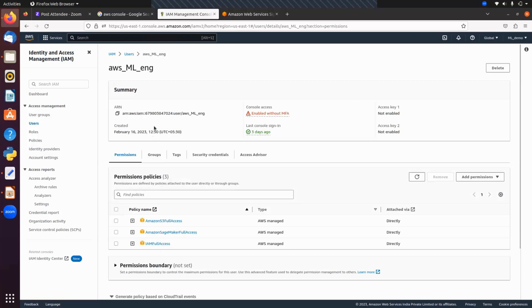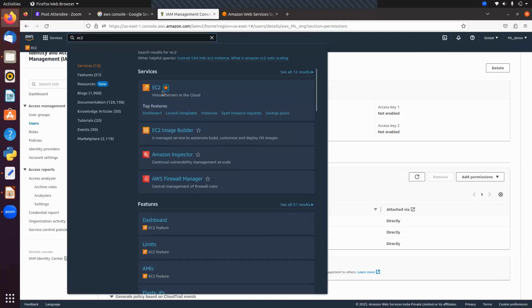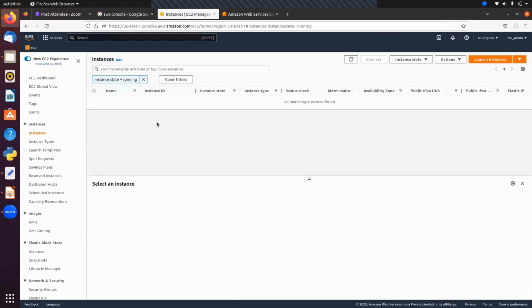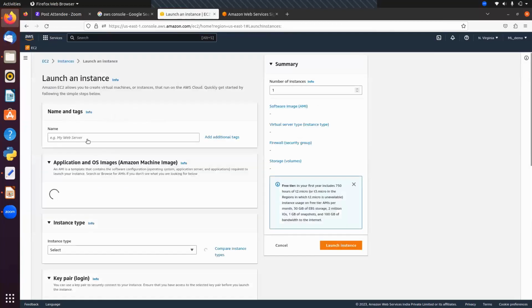Okay, so I'm going to show you how to create an EC2 instance. Here we can create an EC2 instance, a virtual server. So just click on Instances. Currently you can see there is no instance running, so we can click on Launch instance. First, we can just give it a name,